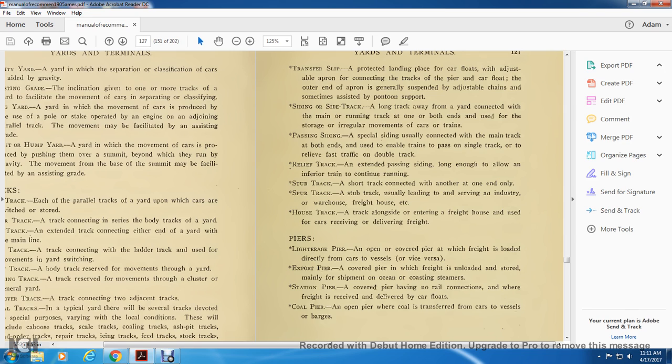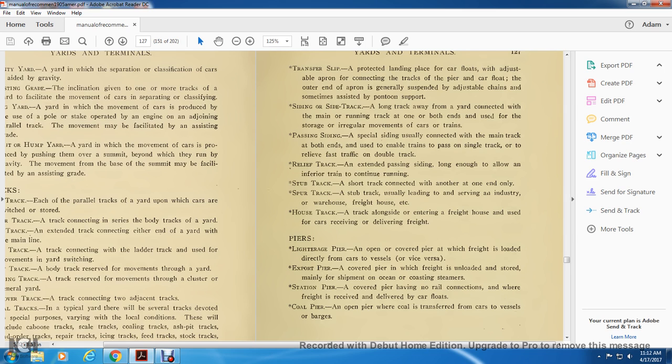connecting with the main running track at one or both ends, used for the storage of cars and for irregular movement of cars and train passage. Siding: a special siding usually connected with the main track at both ends, used to enable trains to pass on single track or to relieve the fast track of a double track. Relief track: an extended passing siding long enough to allow the inferior train to continue running. Stub track: a short track connected with another at one end